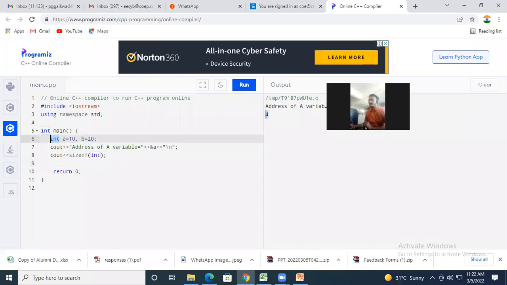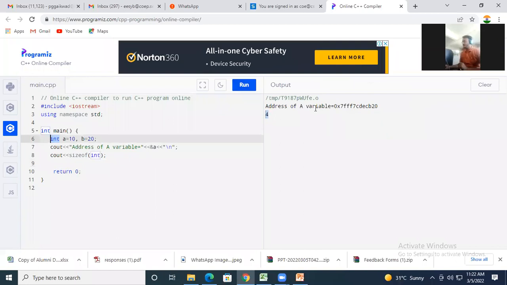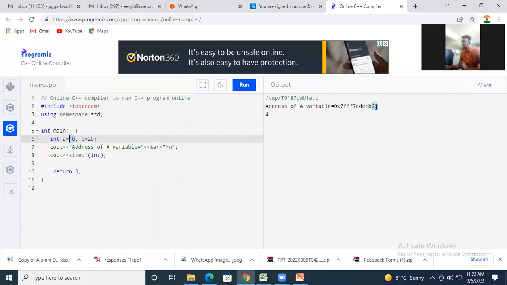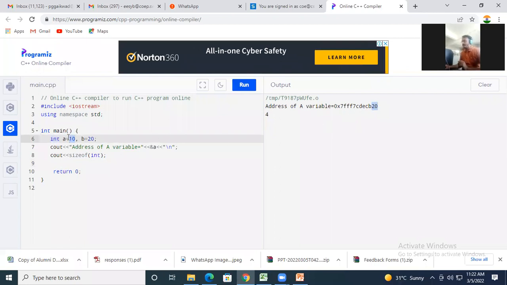So from here, the numbers 20 to 24 are reserved to store the value 10. And this block of memory space, 20, 21, 22, 23, what will its name be? It is a. Okay, similarly